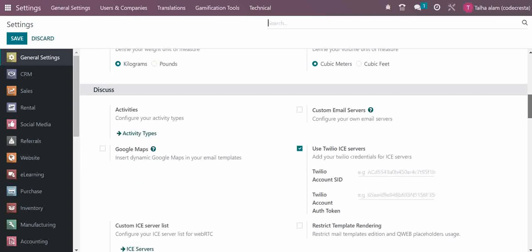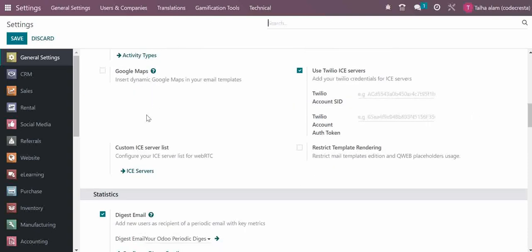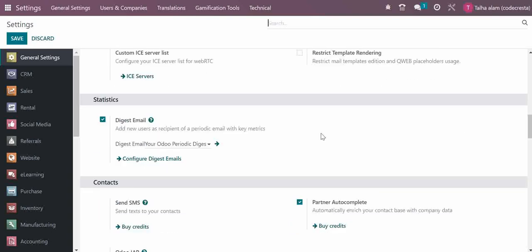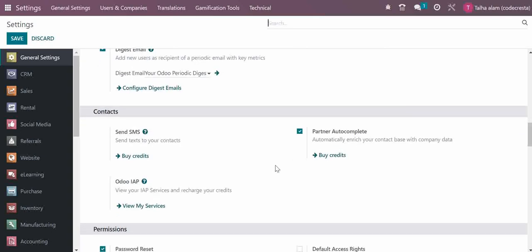Then we have a column related to Discuss where we can mention and define the activity types. We can configure our own email servers. If we are using Twilio services, we can set it up here. Then we have Google Maps. So if you are managing dynamic Google Maps, you can set it up from here. Then we have a statistics column, and this is about the email digest. Then we have contact related settings where we can define how to send SMS, how to use the partner autocomplete